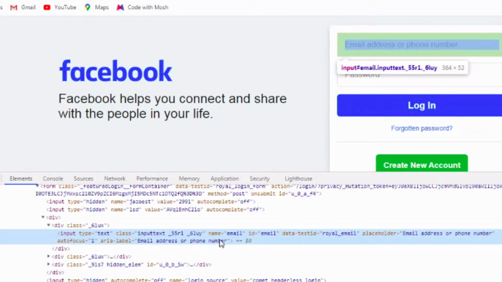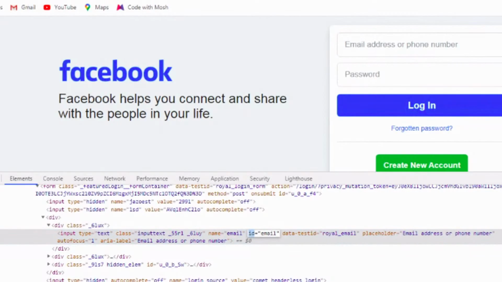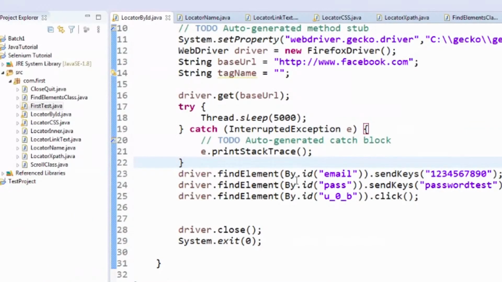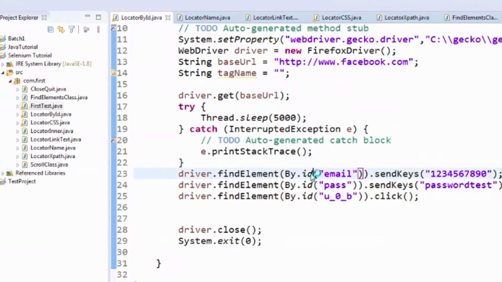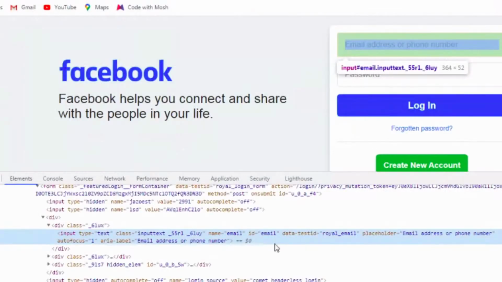So first we will discuss ID. In this input tag, the ID locator has a value of email. So in our program, we have located the input field of the email on the Facebook page by this ID locator, and the value of this ID locator we have just seen is email.